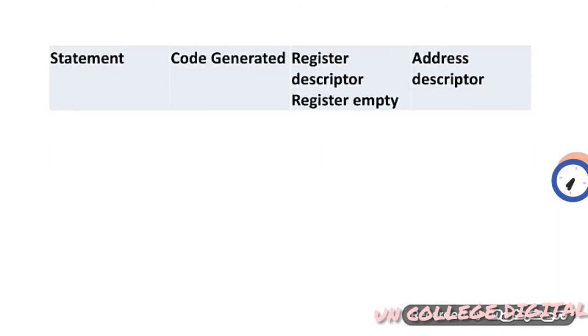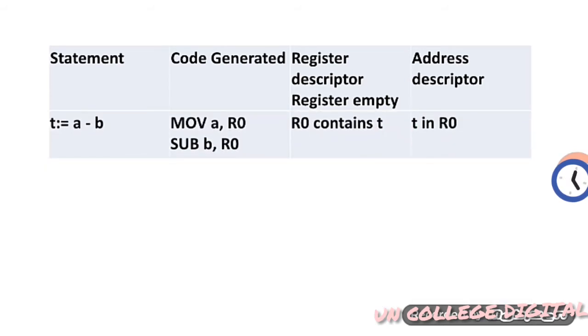Now I am going to discuss step by step how the target code is generated. I have used four columns here: statement, code generated, register descriptor, and address descriptor. Initially, the register descriptor keeps track of and specifies that the registers are empty.